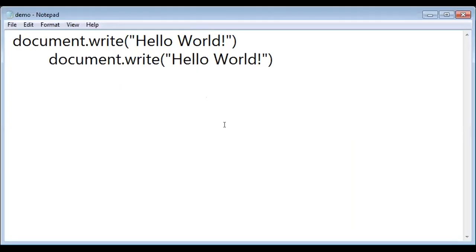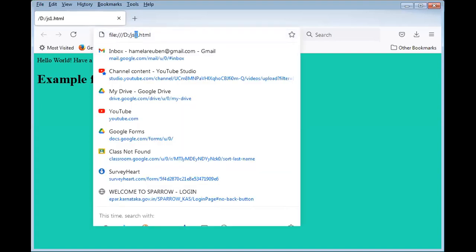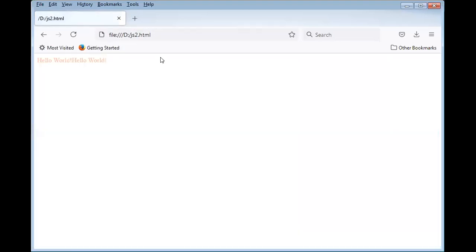We have to execute only the HTML coding. Again, I'm telling you, JavaScript won't run by itself. We need to execute our HTML coding, and the JavaScript coding will be called at that particular time. So when you execute, see, hello world has come. Since I have given text color, a very dull color has been displayed. I'm highlighting it and showing you that hello world has been displayed depending upon the text color I have given.